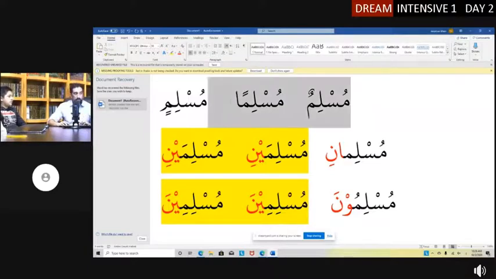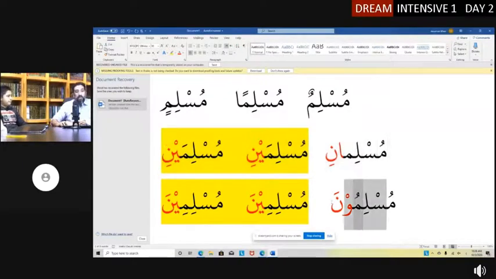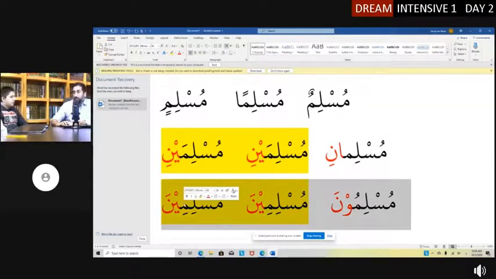First, you're gonna say 3 words. What are the 3 words gonna be? Muslimun, Musliman, Muslimin. Then you're gonna say 3 next words because you got to break it into 3, 3, 3. So the next 3 words are gonna be Muslimani, Muslimaini, Muslimaini. Good. And then the last 3 are gonna be Muslimuna, Muslimina, Muslimina. And for a shortcut, in case it gets confusing because there's 9 words, don't think of it as 9. Think of it as 3, 3, 3. Right? That makes it easier.